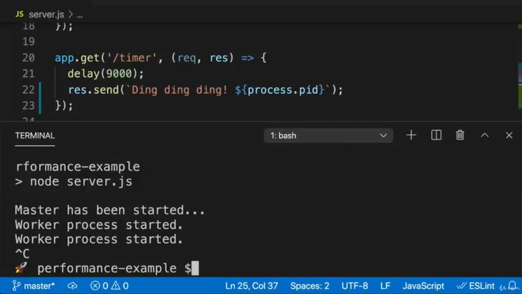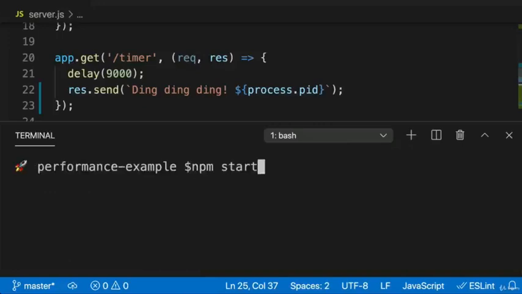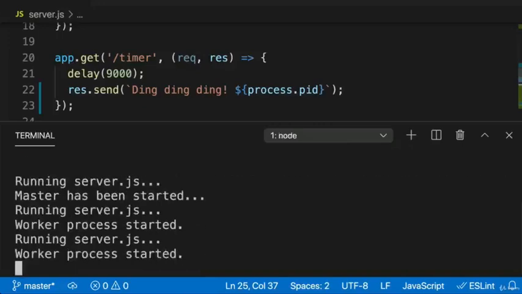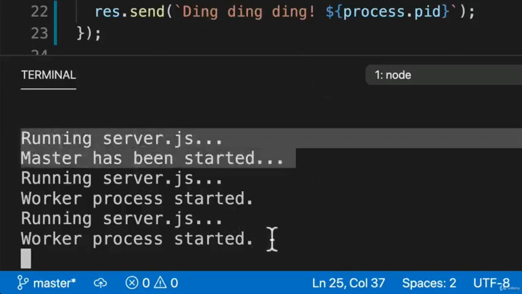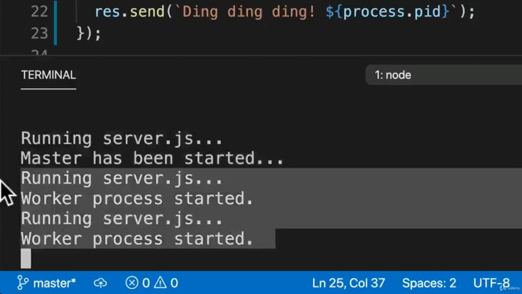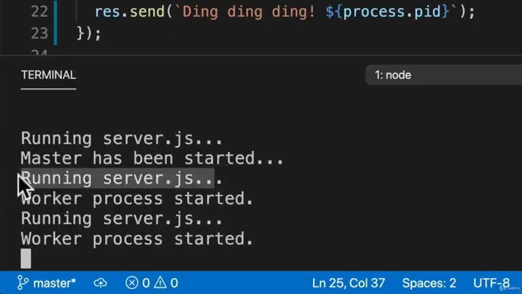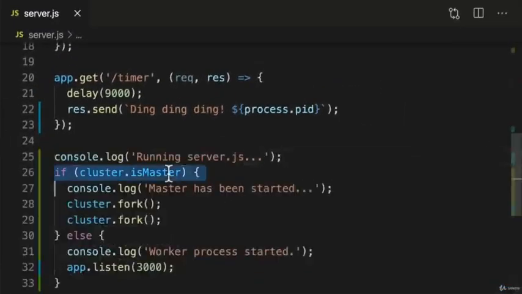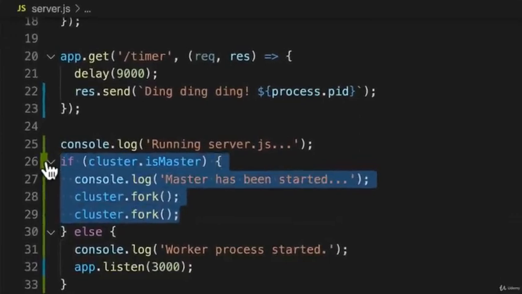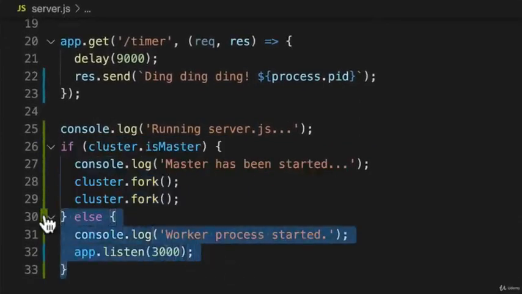I'll also clear the terminal and run npm start. You can see that for the initial master process, as well as the 2 workers, our server.js code was executed. The first time, as the master, forking our 2 worker processes, and then the second time, as the worker, listening